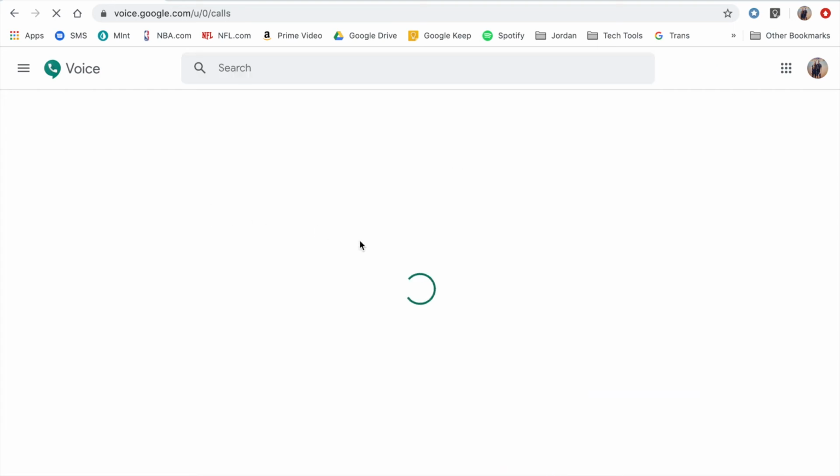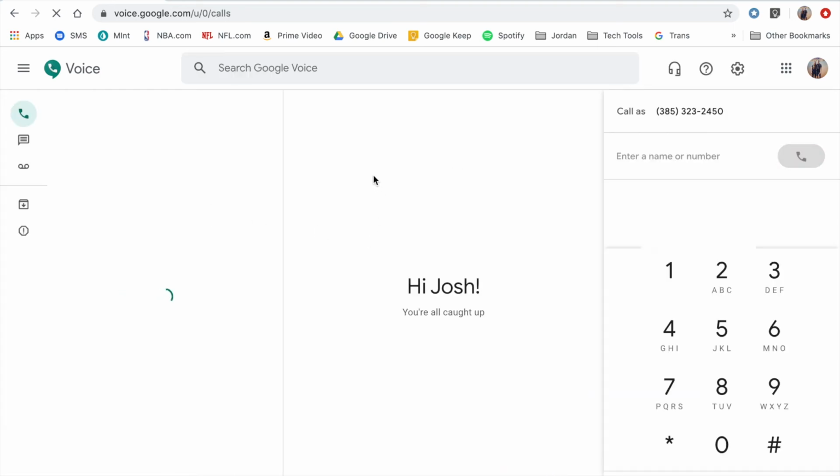So once I get in here, you can do this from the web, or you can do it from the app if you just download the Google Voice app on your phone. You can make phone calls, you can send text messages. So it's an easy way to contact parents and students during this time when we're not at school and don't